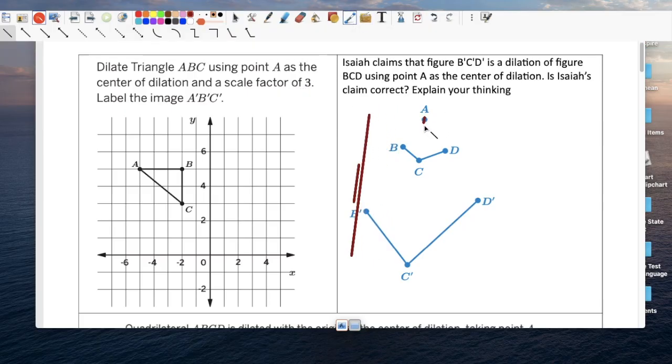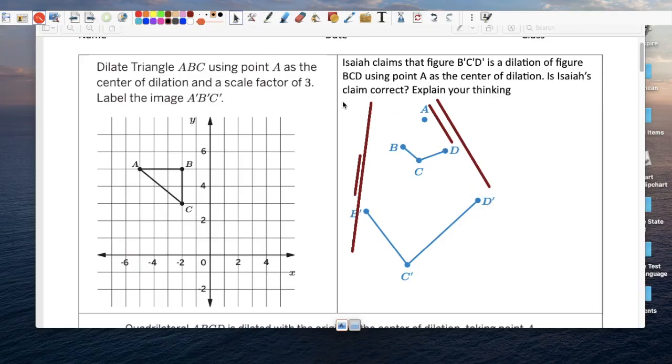Let's measure the distance AD. Let me make it nice this time. And then let's measure the distance when it's scaled up by 3. Let's see if that matches. It doesn't seem like it does. Uh-oh. Oh, this definitely does not. So, is this